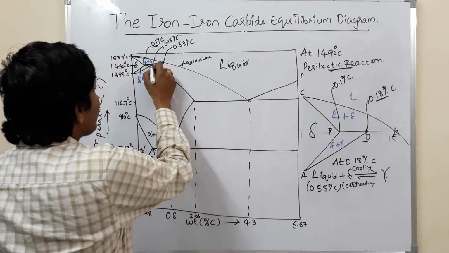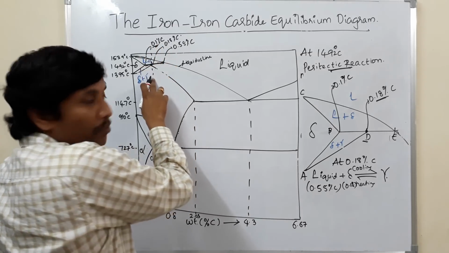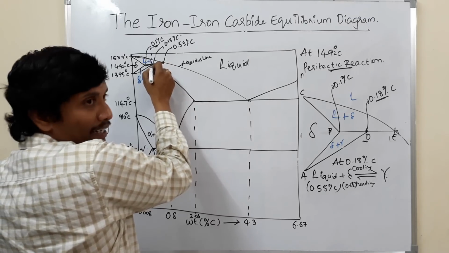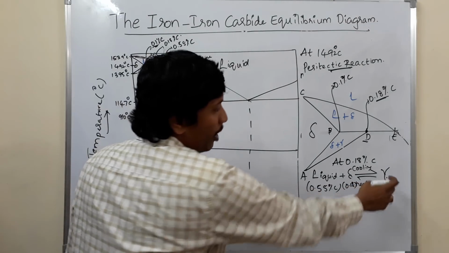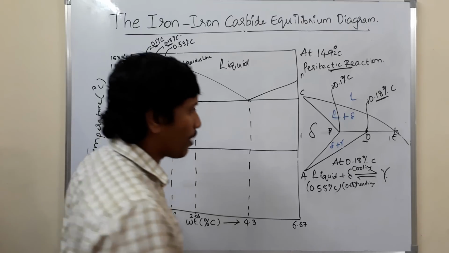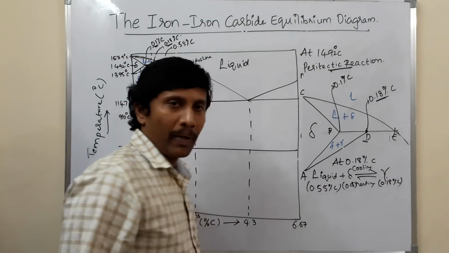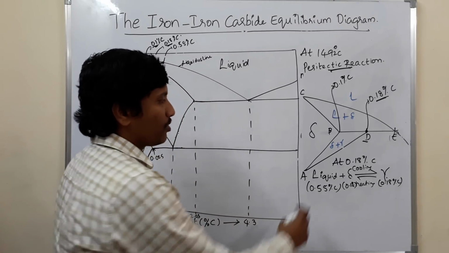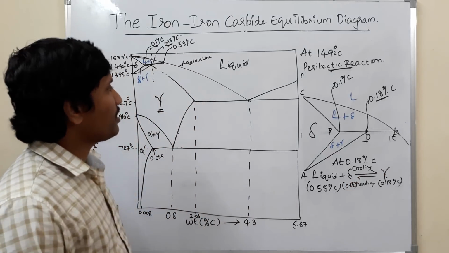So in gamma, at this point under equilibrium cooling, liquid plus delta is transforming to gamma. So here, upon equilibrium cooling, upon decreasing the temperature, you are getting gamma solid solution. So what is the percentage of carbon present in gamma? It is equal to how much? 0.18 percentage carbon. Okay. So this is the peritectic reaction which is taking place. So liquid plus delta transforms to gamma. Okay. So this is how